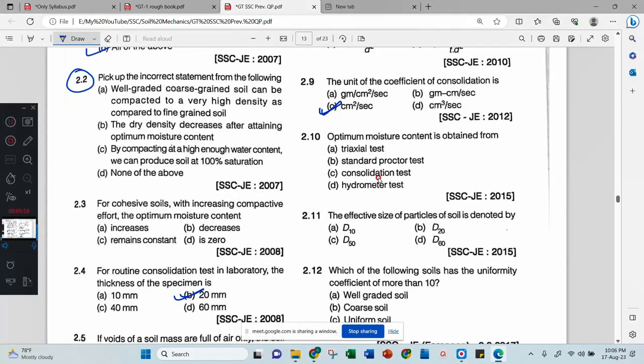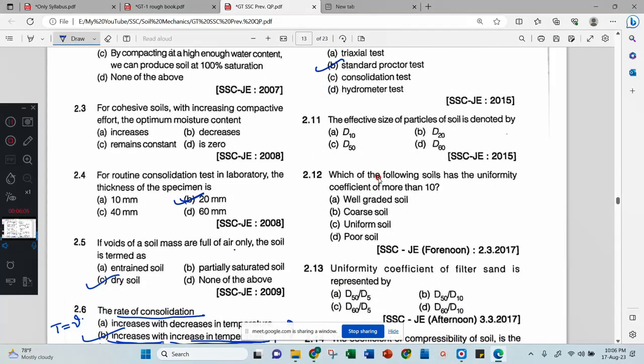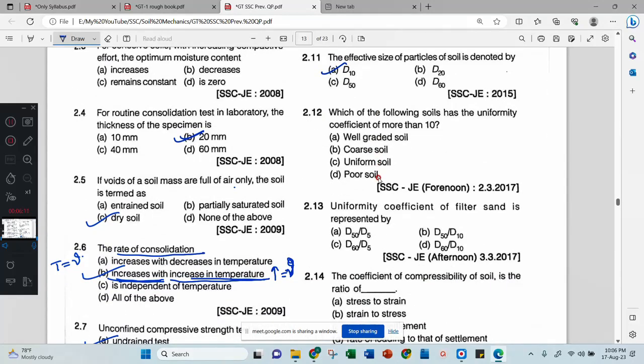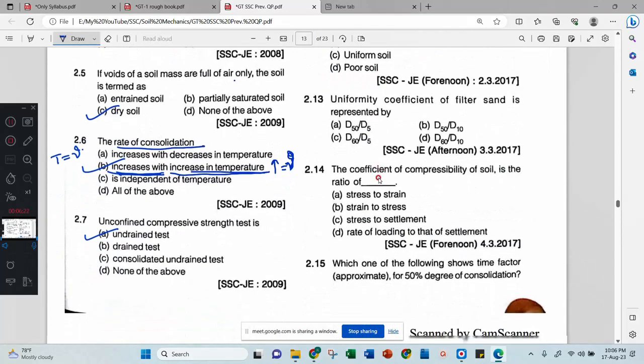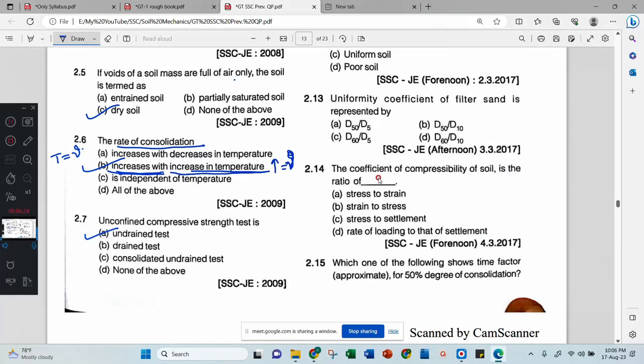Optimum moisture content is obtained from the standard proctor test. The effective size of the particle of the soil is denoted as D10. Already discussed. Which of the following soils has a uniformity coefficient more than 10? More than 10: well graded sand. Correct. Then the uniformity coefficient of filter sand is represented by...